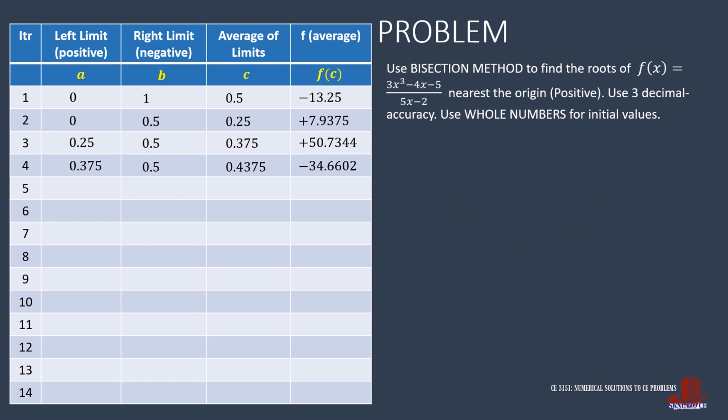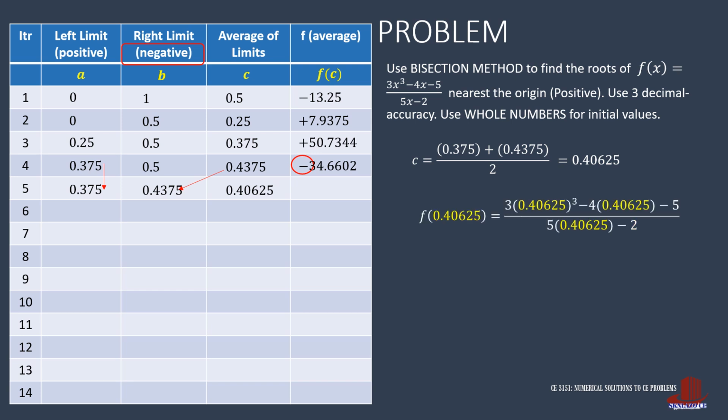For the next iteration, have a look at f of c, which says that c should replace b. A is still 0.375. Their average is then half of 0.375 plus 0.4375, which is 0.40625. Place this into the function to get 3 times the cube of 0.40625 minus 4 of 0.40625 less 5, all upon 5 of 0.40625 minus 2. The result turns out as negative